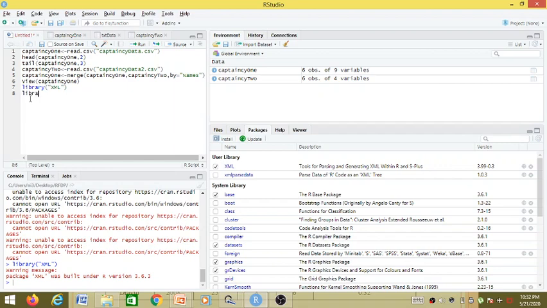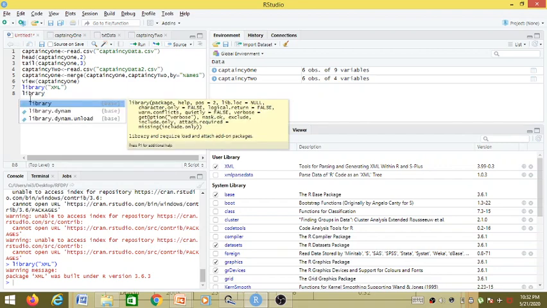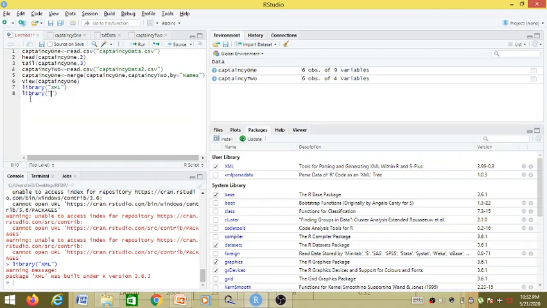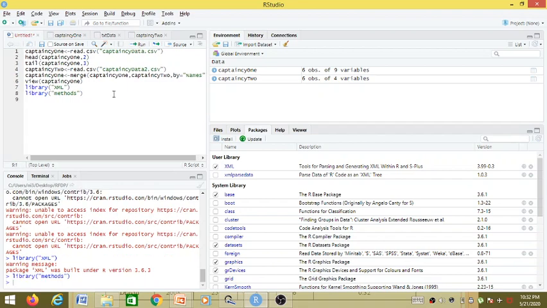Another library which we want to import is methods, to use methods from the XML package. So I have imported XML and methods. Make sure you are importing these two libraries from the XML package. This is important to make any XML function work in RStudio.